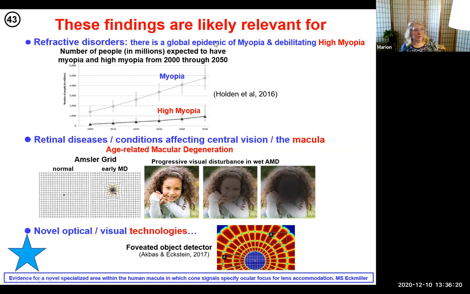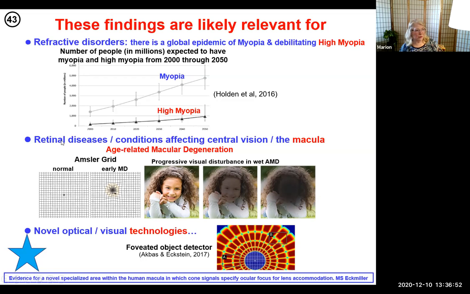There is a global epidemic, not only of COVID-19, but of myopia and debilitating high myopia in the world these days, projected to increase. High myopia is very serious. People have myopia. It becomes so strong that it can lead to a retinal detachment in the one eye. And if they have it in the other eye, they can also get it in the other. They get both retinas detached and they are then unfortunately blind, okay?